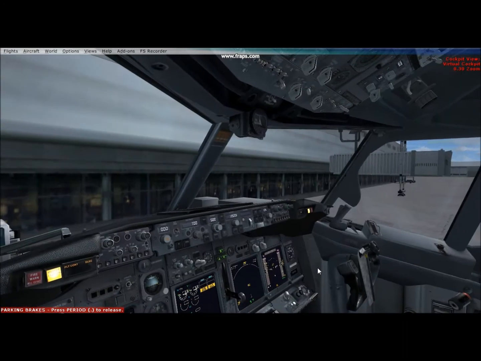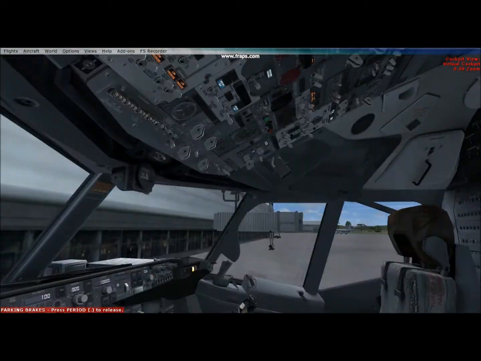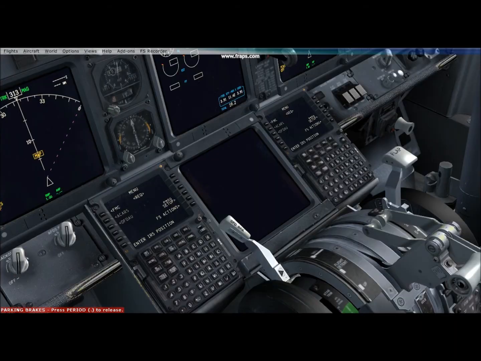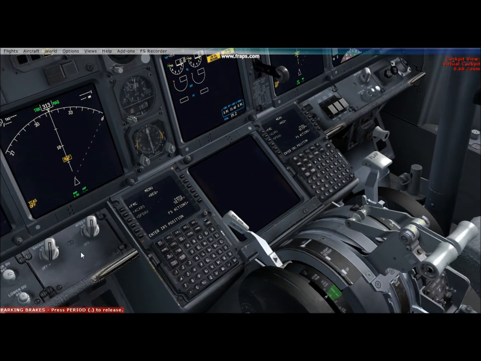Next thing, once the APU generator is set up, we go up to the top here and switch the IRS align switches to the nav mode selector. Alright, so now they are okay, so now that the IRS is aligned, we go down to the FMC, open that up, go to position